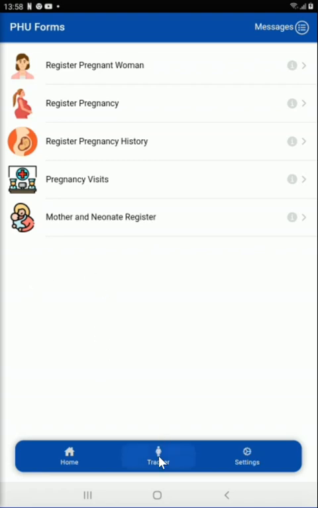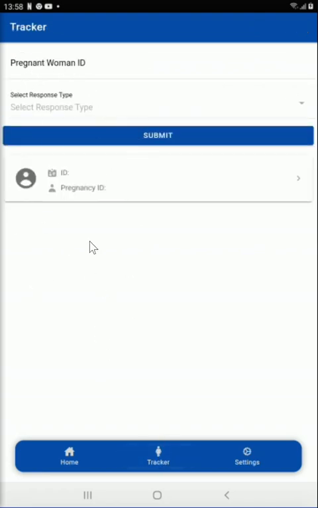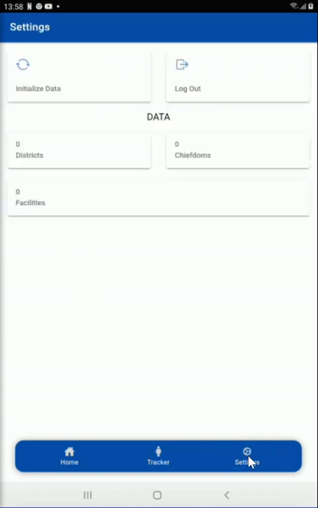You also have the tracker section here. This enables you to pull pregnant woman information from the database. We'll come back to this. And we have the settings section. The settings section is quite important because this is the first place you need to go when you first access the app. The first thing you need to do is initialize data. Initializing data basically